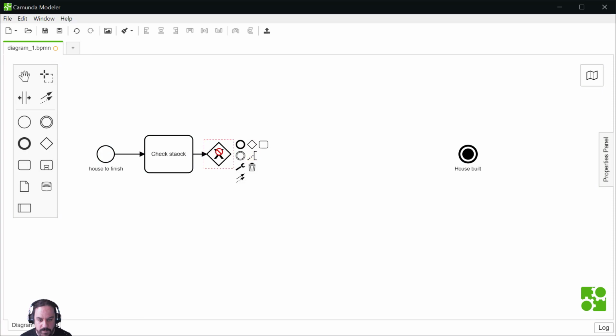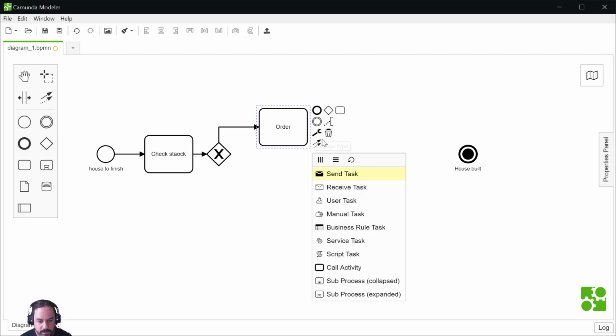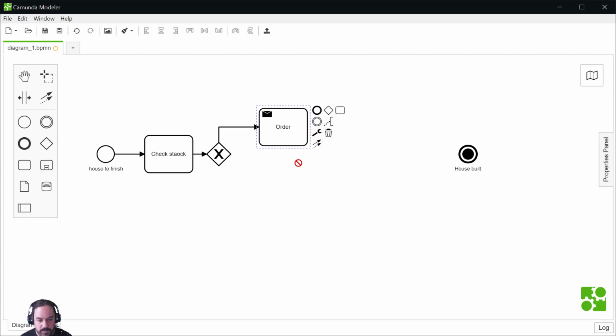And now let's say that the stock is empty. So stock empty, and we'll send a message. So we'll order something to someone else, and it will be a message.